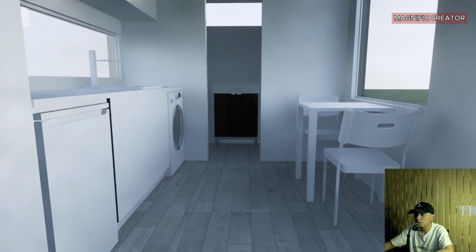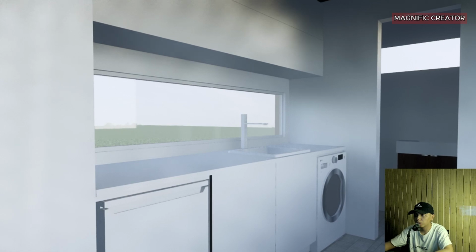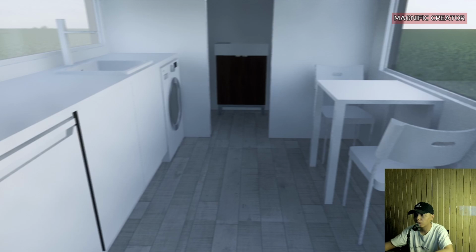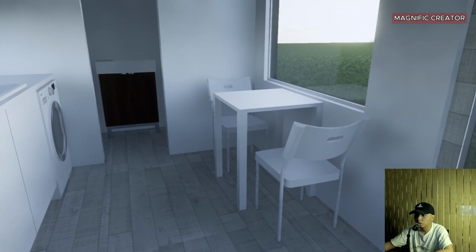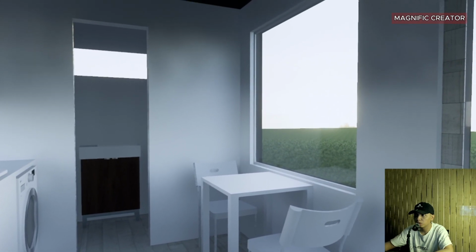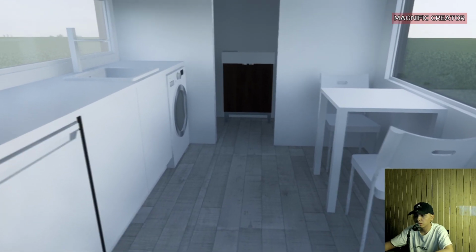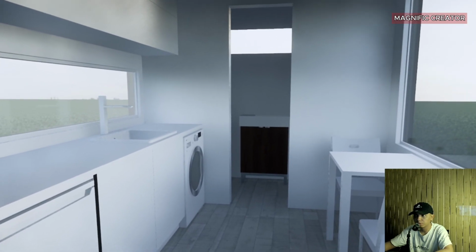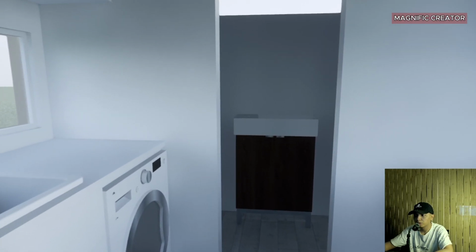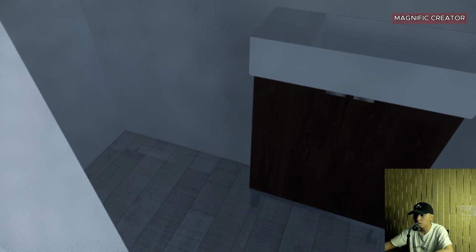On the other side there is a kitchen table, washer machine, kitchen sink, and kitchen cabinet on top of the window. And on the right side there is a two-seater dining table near the window element, so there could be enough daylight during the daytime. Then in the next room there is a bathroom with a wastafel, and